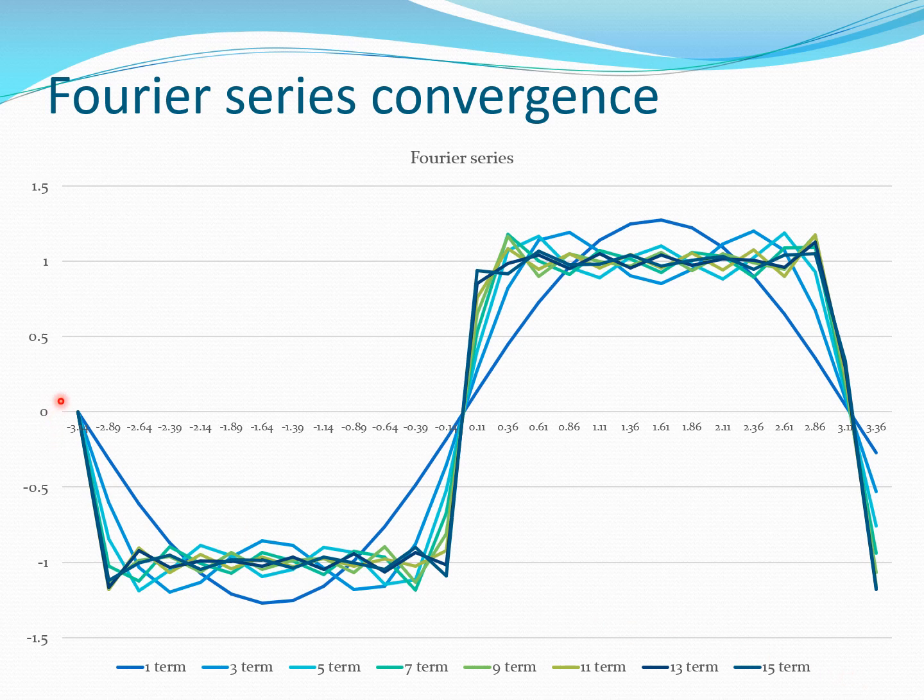So you can clearly see that when I have only one term, I get a sine function here. So what this thing tries to do is that it tries to fit a sinusoidal function through the step function, and as I keep more and more of the harmonics, I get a better and better match here. So this is something which the Fourier series is very good at, that it can even approximate a function which is discontinuous, which is not good in terms of derivatives and so on,